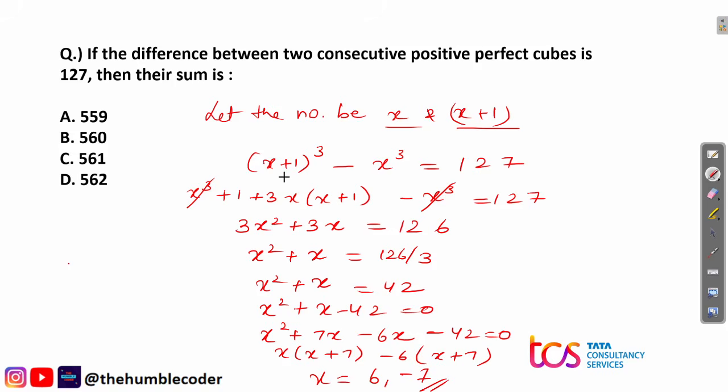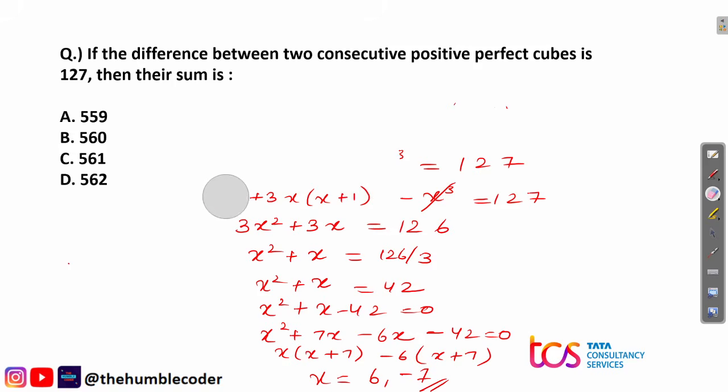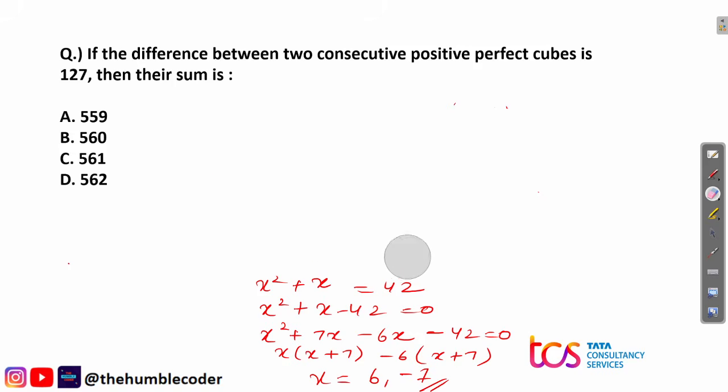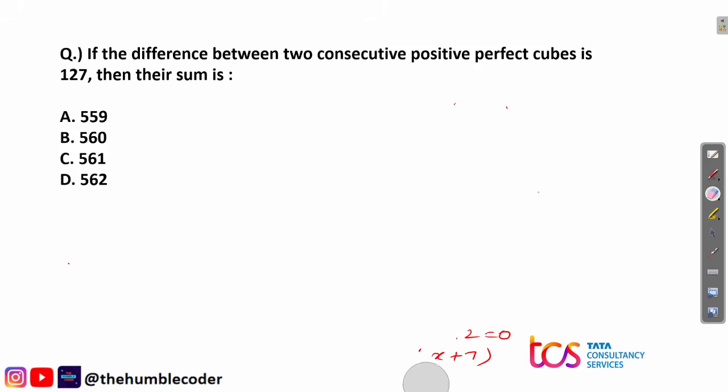Now it is upon you which method is suitable for you. If you are sitting for a competitive exam wherein you do not have much time, the first would be a better one, but you are not sure whether you are going to get the answer. But this method will definitely give you an answer, though it will take longer. So it is upon you which method is preferable. I hope now you have got the understanding. And the answer for this question is option number A.